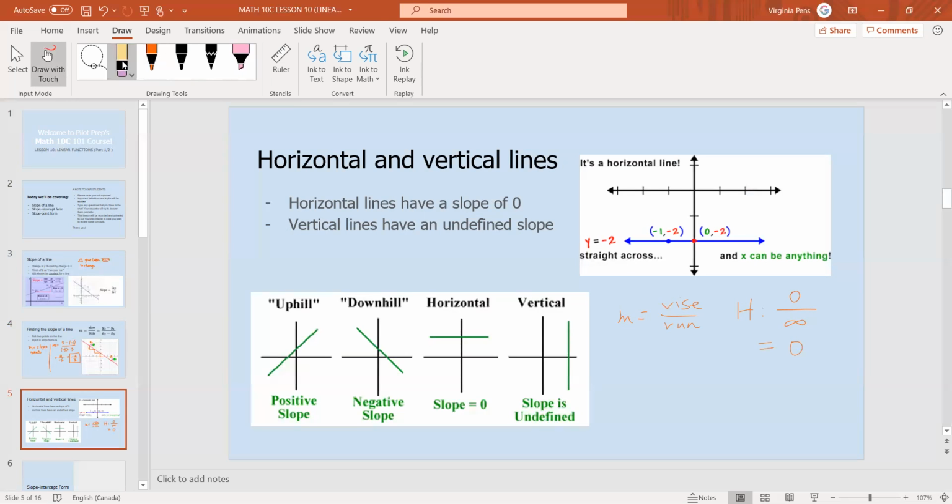Oh, I shouldn't use an h. An h can be a different variable, so use m of h. But in a vertical line, so m of v,